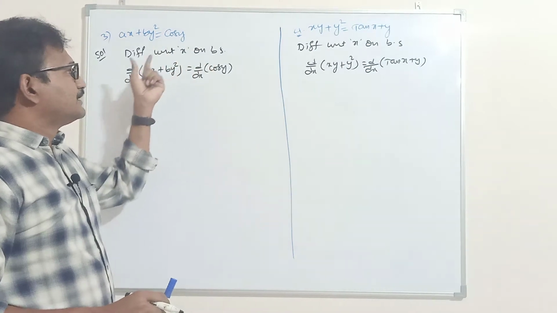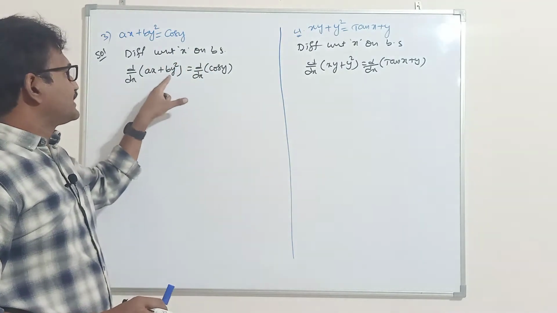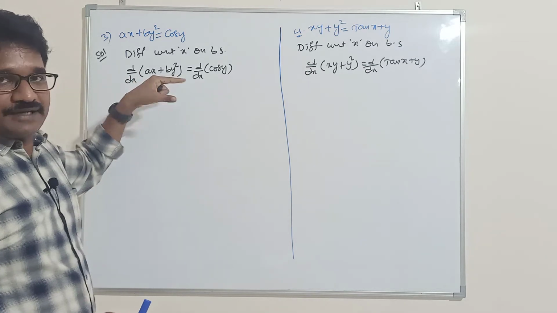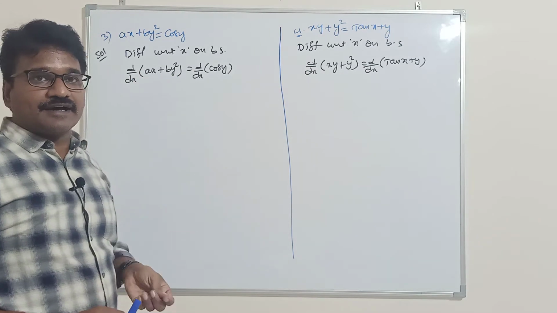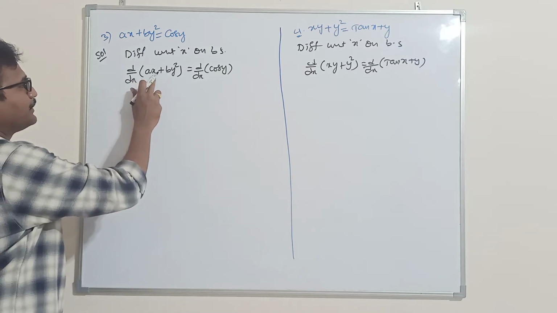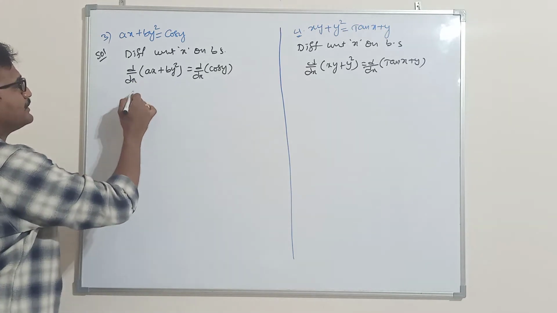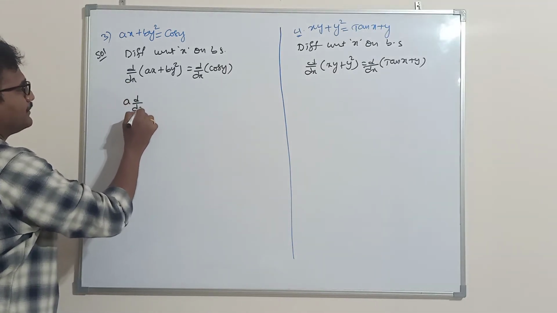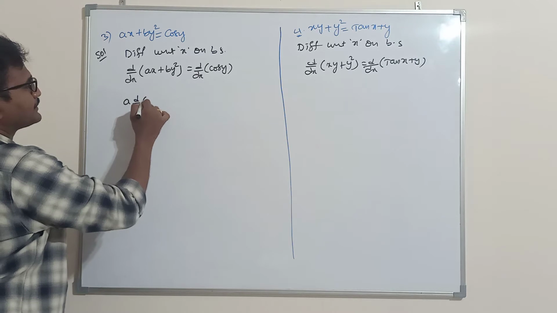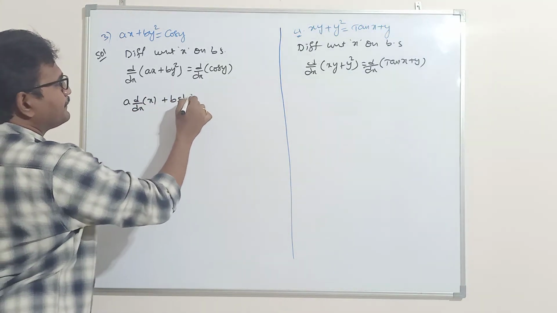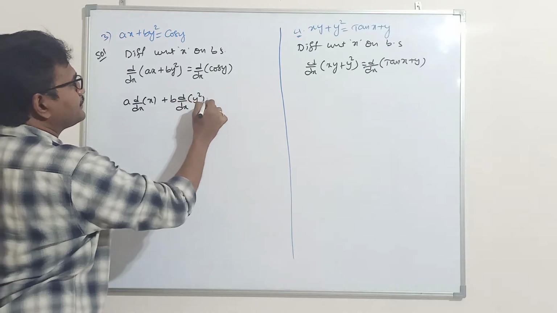If you come to this problem, other than x and y, every alphabet in the calculus part, only x and y are called variables. The remaining a, b, whatever may be the alphabet, are called arbitrary constants. So this is constant, this is also constant. If a constant is multiplied by a variable, then write the constant before the derivative. a into d by dx of x plus b into d by dx of y² is equal to d by dx of